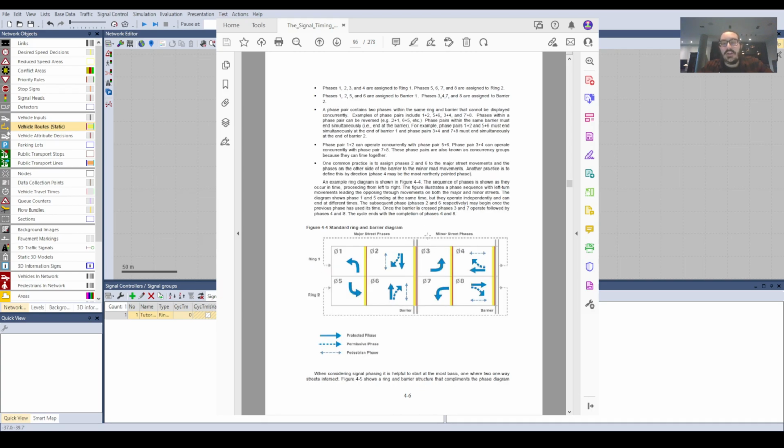And just to explain what a ring barrier controller does, it's pretty simple. This is the general layout of the different signal phases, and then they're split up into the two major directions. So you have your north-south and then your east-west, and these are divided by a barrier. So the idea is that signal phases on the left can't cross the barrier and conflict with